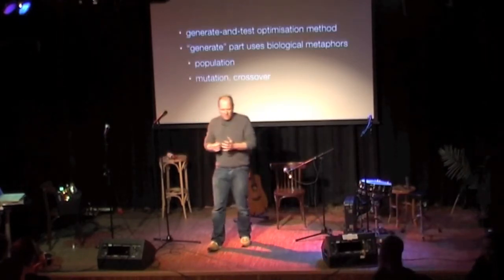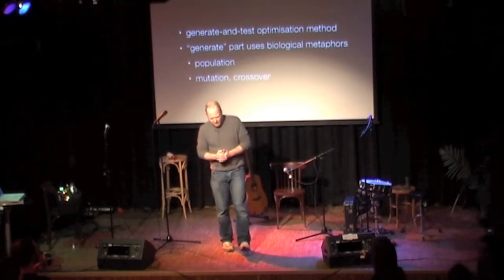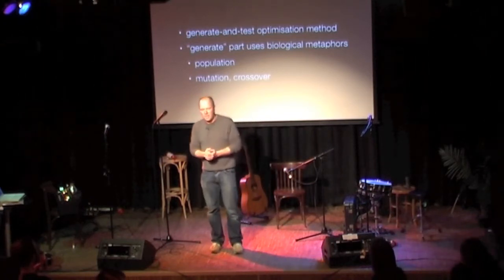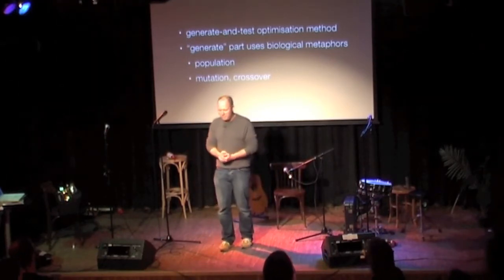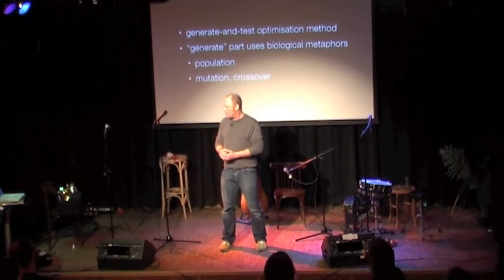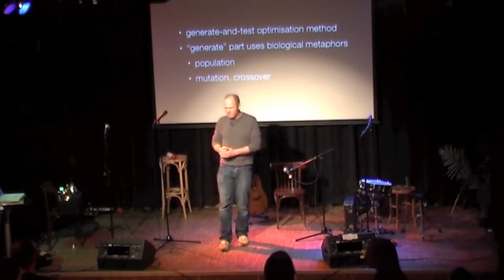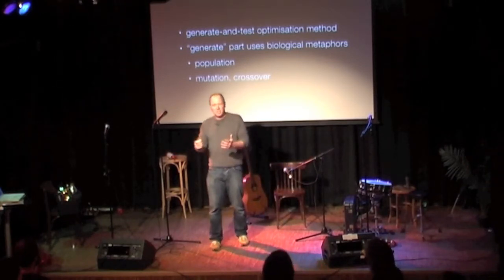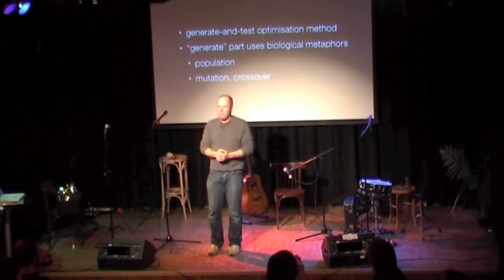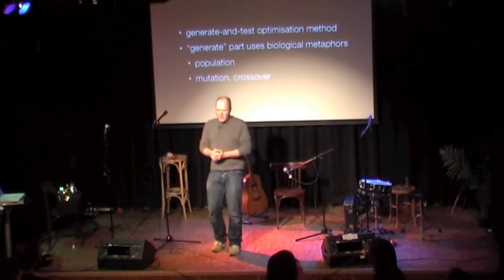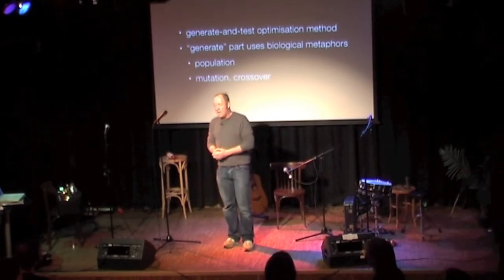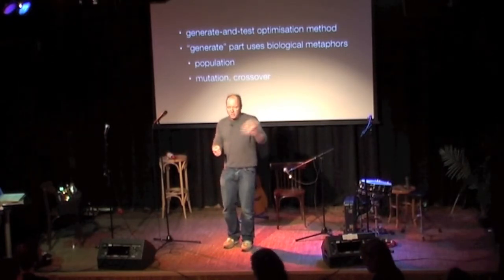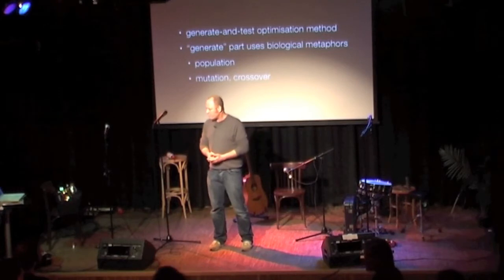I want to talk about robots and evolution, and first I have to explain something about how we view evolution in robotics. We use something called evolutionary algorithms, which is actually a generate-and-test method of searching. So you try something, and then you see how it works, and then you tweak a little, and then you try it again, and you see how well that helped you. If the tweak goes away, you try another one.